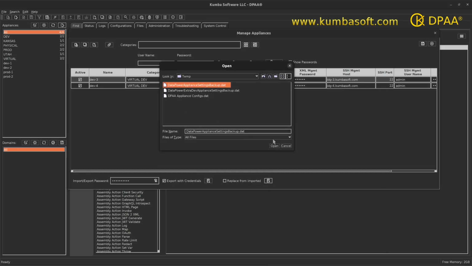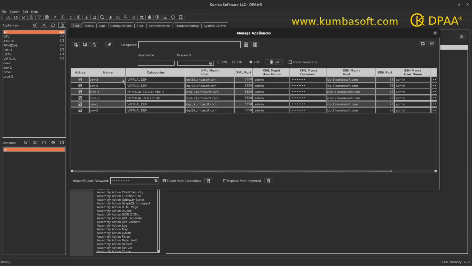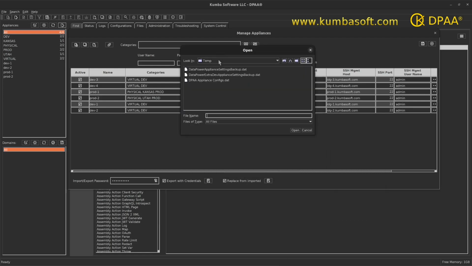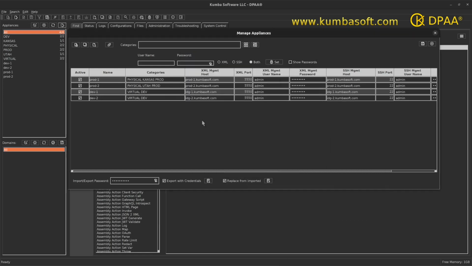So there are the settings that I made before. I open that. You can see I have all the appliances now. I don't have just the ones that you initially saw. Now again, I can replace and get my appliance stack back to the way it was, just by simply selecting the original backup file that I had made here,